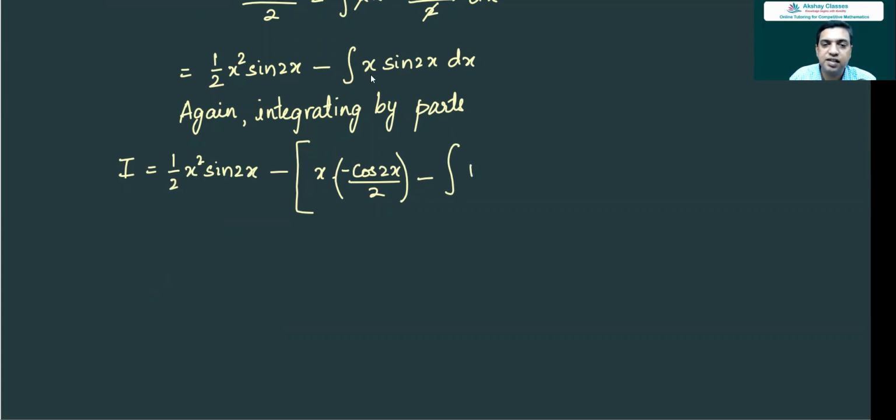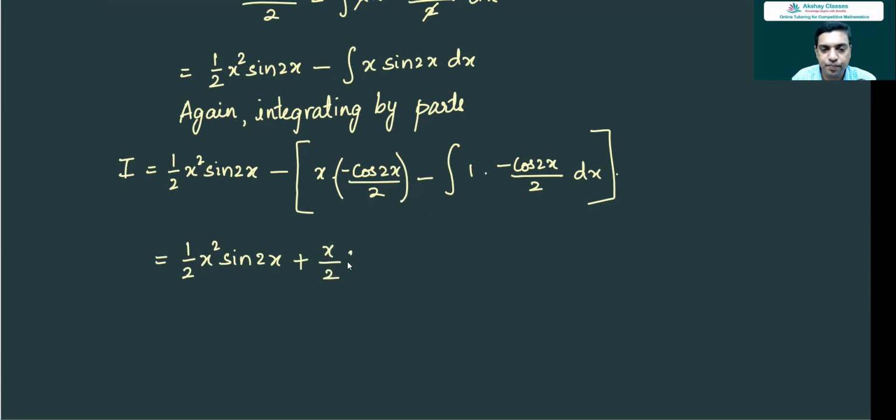Derivative of x is 1 and integral of the second is minus cos 2x upon 2, all brackets. So we have half x square sine 2x minus times minus is plus x upon 2 times cos 2x